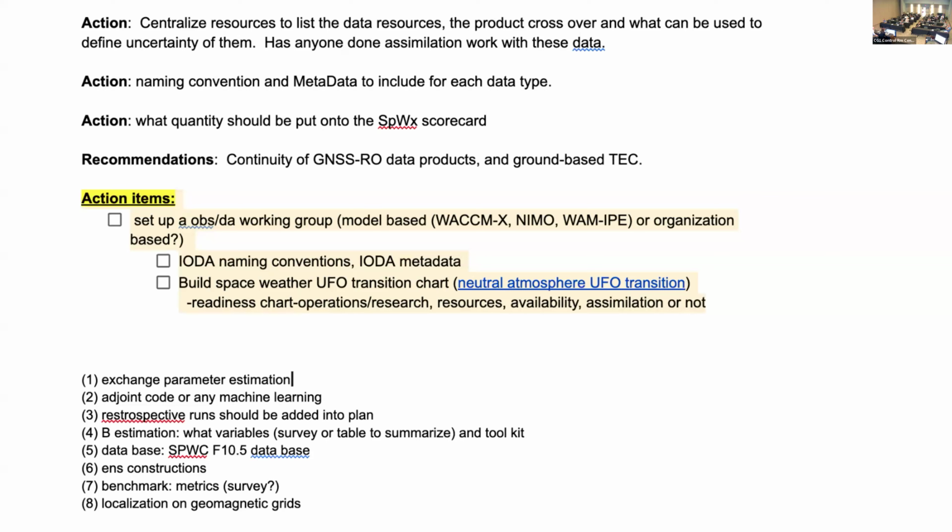So we would definitely like whoever is working on the JEDI code at this point to come to our developer meetings. We have a general JEDI developer meeting, and we can also have a space weather DA group meeting. So yes, I will add that.